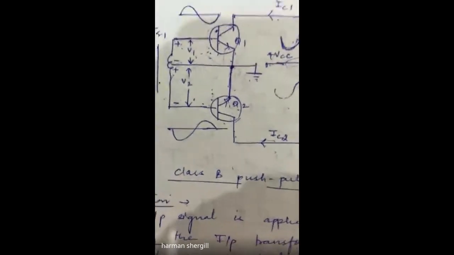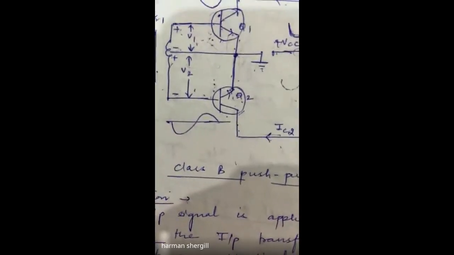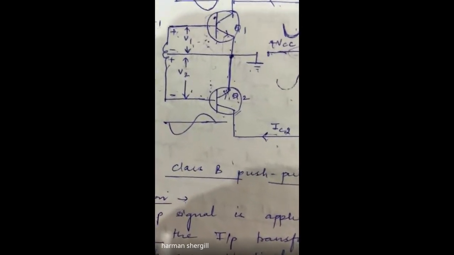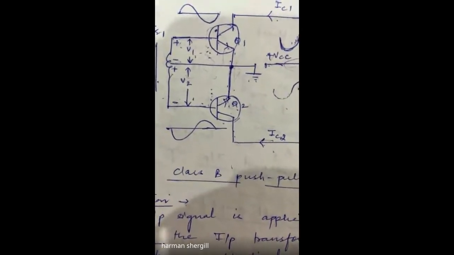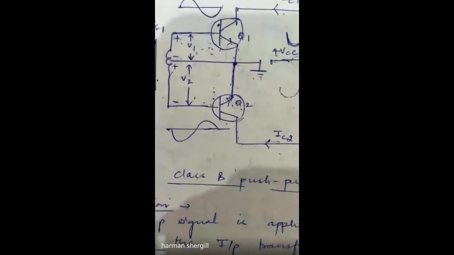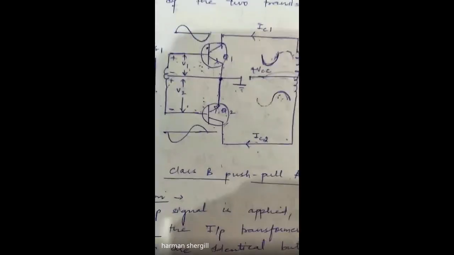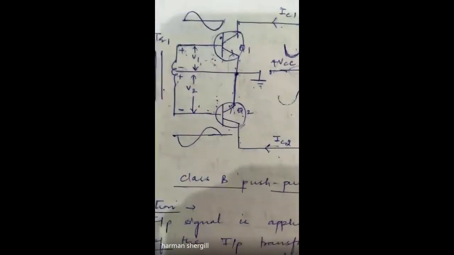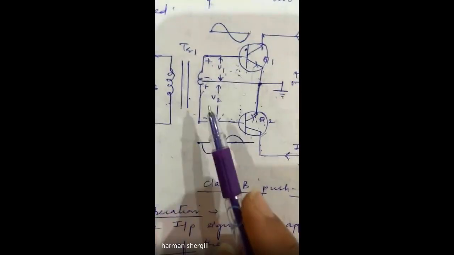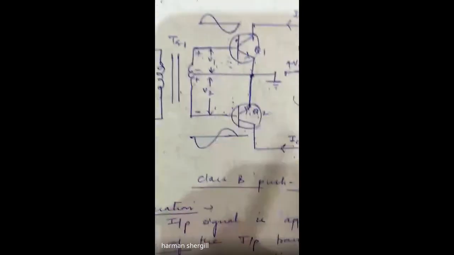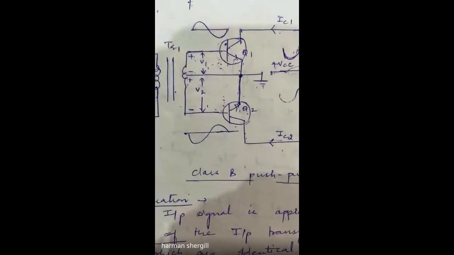So as the device is biased at a cutoff region, in this case zero bias is required. So we don't need any resistors to provide the biasing, as in case of class A amplifier, we need resistors to provide the biasing. This is the only difference. So जो आपका डिफरेंस है सर्किट डायग्राम में वही है कि इसमें नो आपके कोई रेजिस्टर्स यूज नहीं होते बिकॉज वी डोंट नीड एनी बाइसिंग.